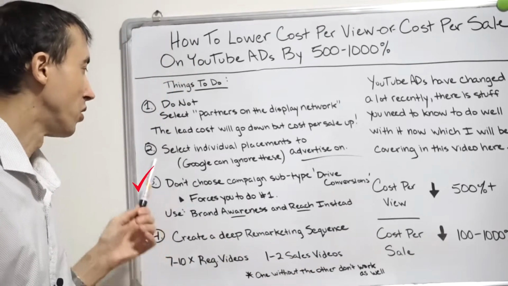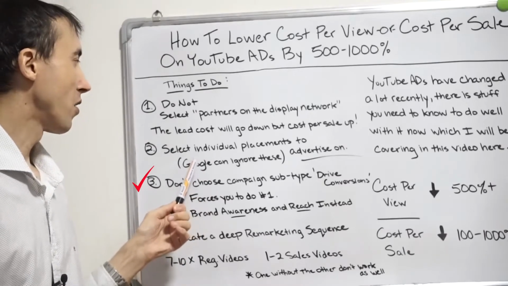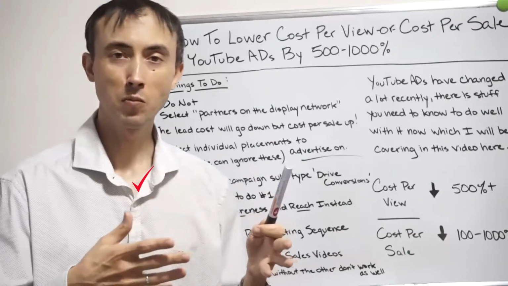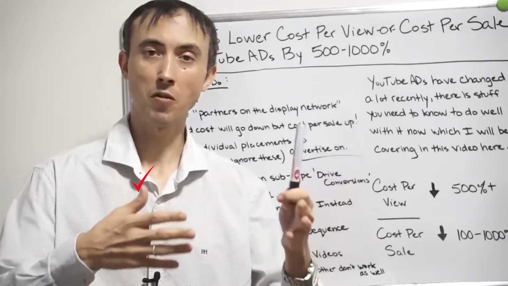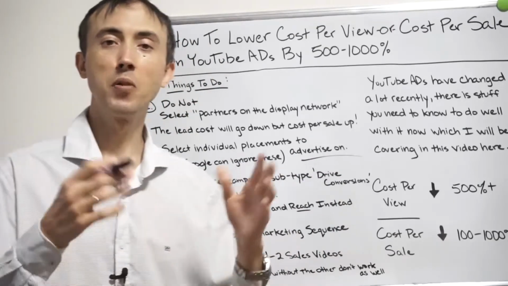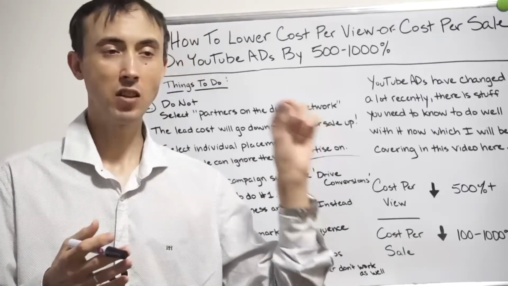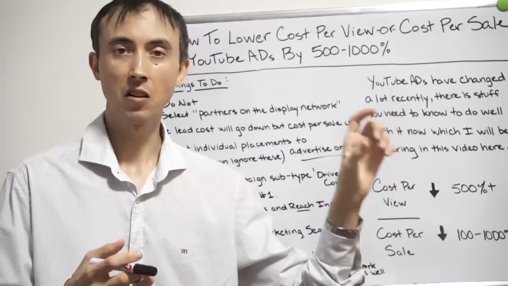Number 3, don't choose... before I go there, you're going to select these individual videos to target with your video ads. Google can ignore these. It's called placements, by the way. When you find the URLs of the videos you want to target, you put them in the placements targeting, because